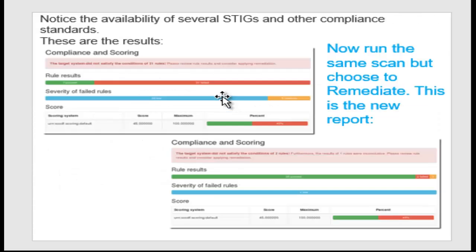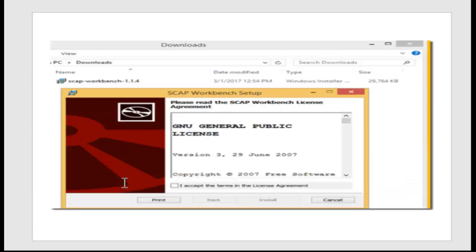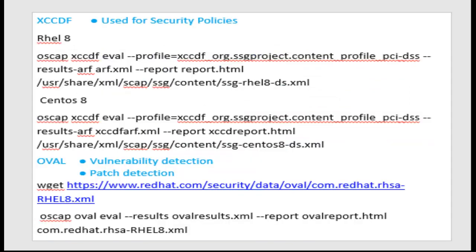These are the results. So friends, we can also use OpenSCAP in the Windows environment. You can download it from here. After downloading, just install this installation software. These are the steps. We are using XCCDF or OVAL for reporting purposes.